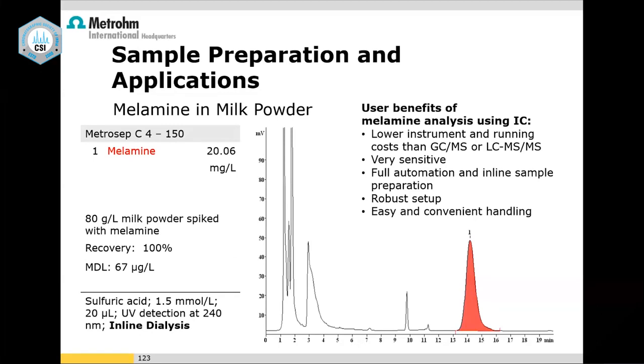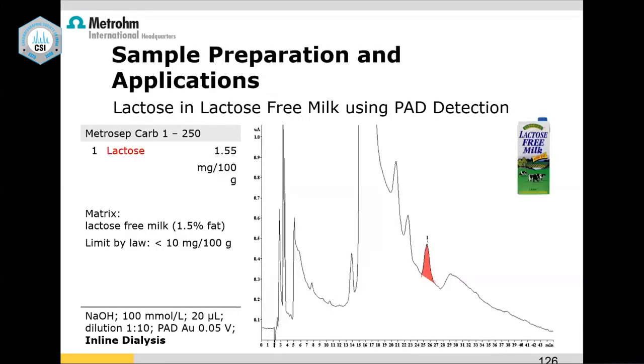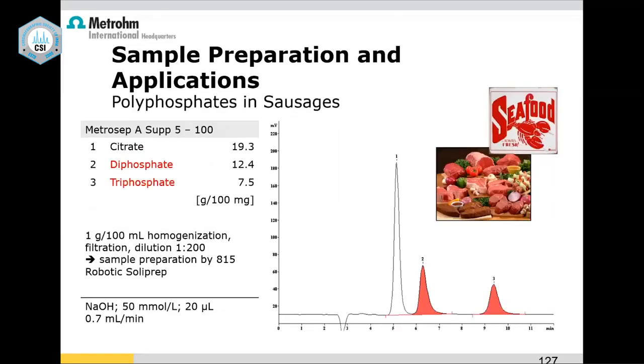The preferred suggested method is LCMS and GCMS, but that is not required. IC with a UV detector and a simple cation column, with which we are doing the other cations, can be used for melamine analysis. That is possible. This is glucose and fructose in honey, which gives you quality control on whether the honey is fine or not based on certain parameters. Then lactose and lactose-free milk. There are people we are coming across who have lactose intolerance. If you want to monitor this, you can do it.